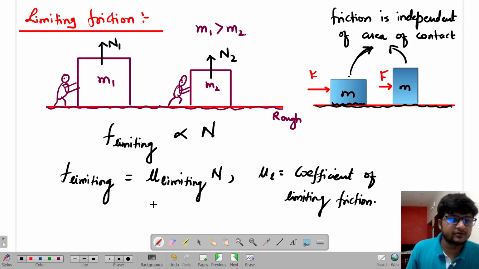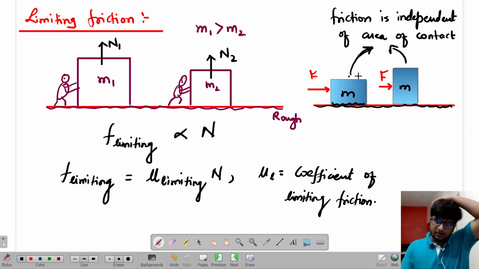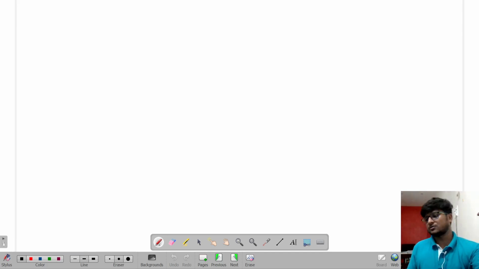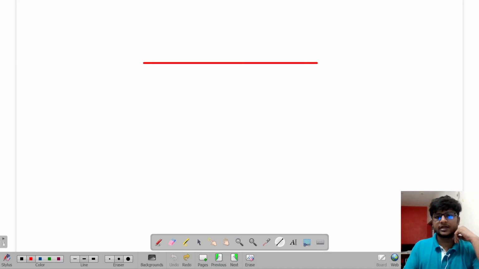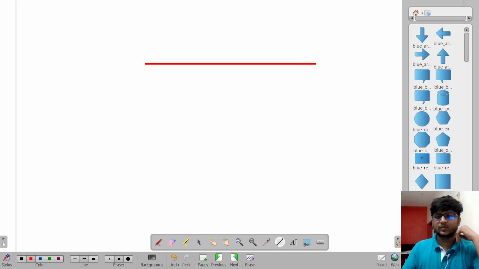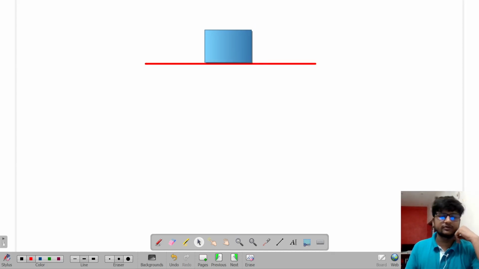So we got the meaning of limiting friction. We got the meaning of whether this friction will be dependent on contact surfaces or not. So we also got a correct idea: it is not dependent on contact surfaces. Now let's take an example. We are going through an example right now. It's a very great example which I always take when I teach friction. Today your basic concepts of everything about friction will be clear.